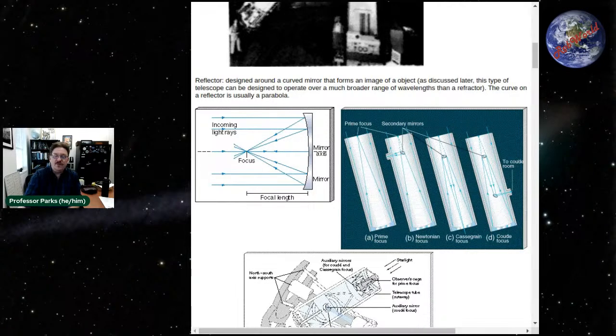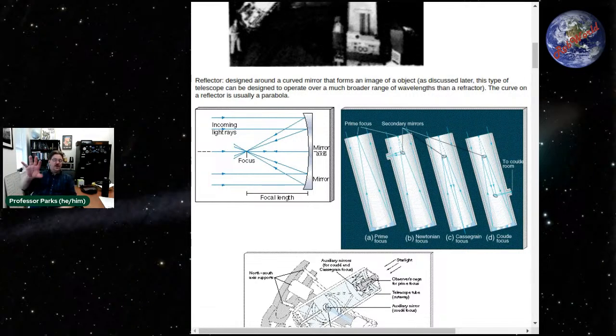And then finally, you've got what is known as the Coudé focus or Nasmyth focus, where the light comes in, hits that bottom mirror, goes up, hits that secondary mirror, comes back down, hits a tertiary mirror or flat mirror, and comes out the side of the tube.